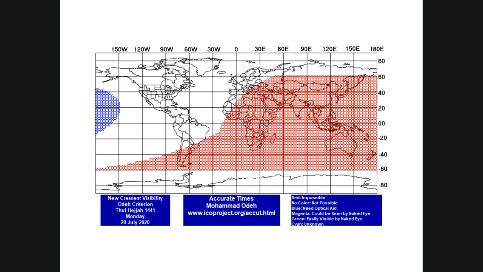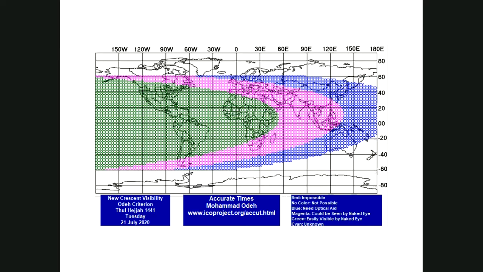So if you look at this map here, on July 20th, 2020, and you want to go out and look for a crescent, of course, all this region here in red, it's impossible to see the crescent on that night. But in this region here, it's not possible. If you want to see it, it will be possible here with a telescope. But of course, we don't share the night time and so on with this region. Now, if we look at